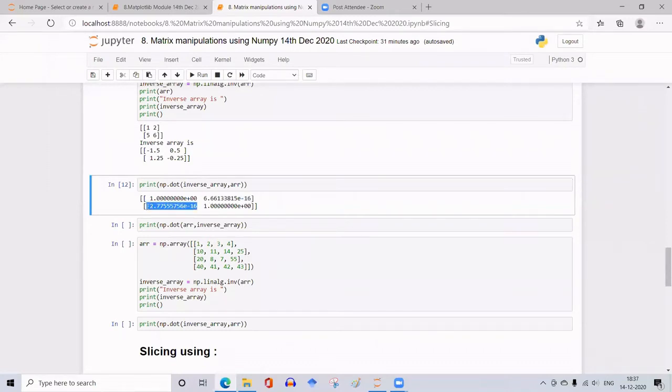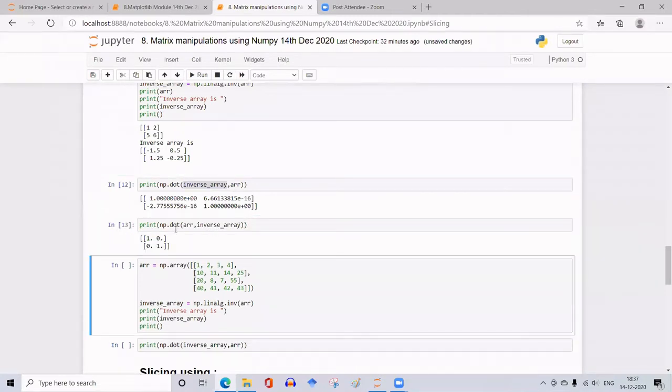It's approximately 0. So this is a unit matrix which we got after multiplying the original array and its inverse. Whether you do it this way or the other way, you get the same result. I multiplied the array with the inverse here, inverse with the array. So these are floating points on the diagonal, and the off-diagonal elements are 0.